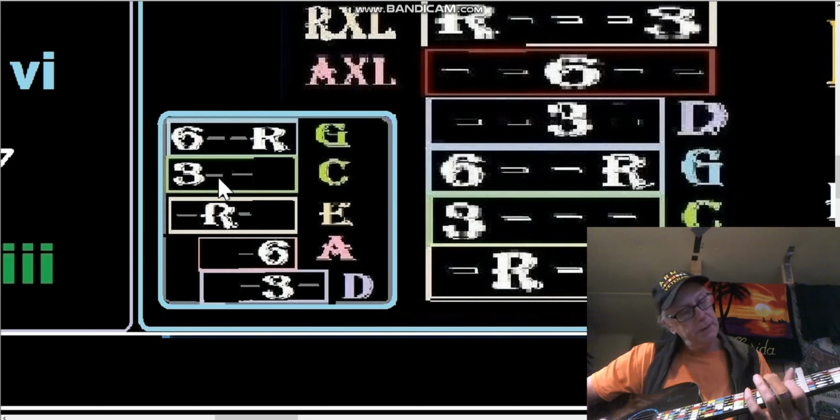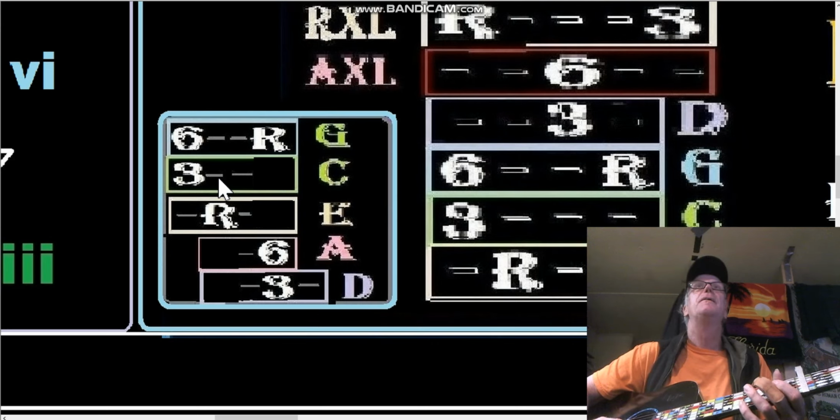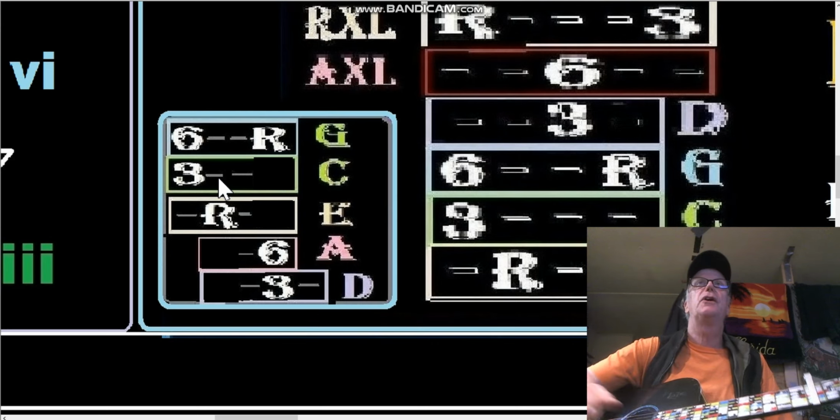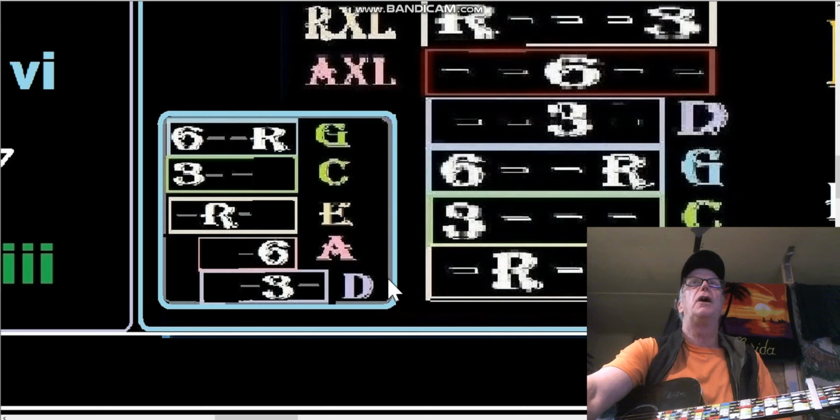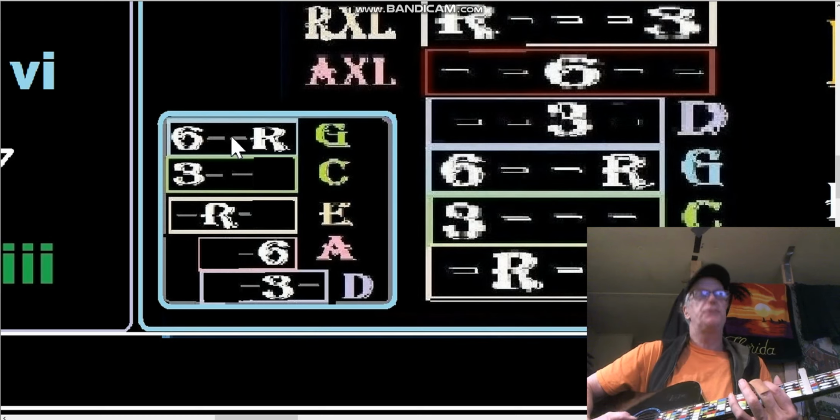That should be, let's see, we have our root. Let's start it over again. We're going to start on the G shape. 6th root